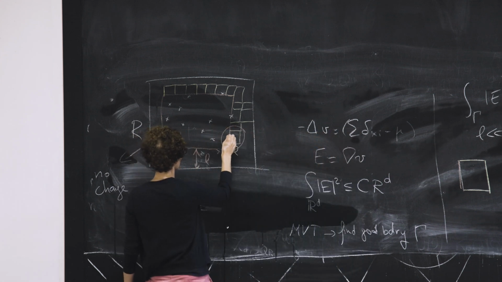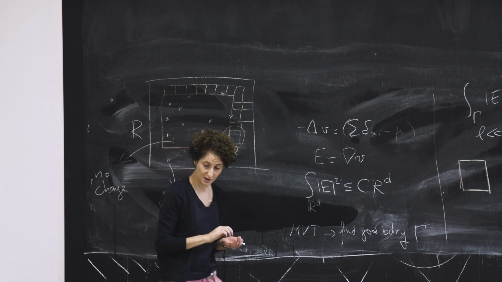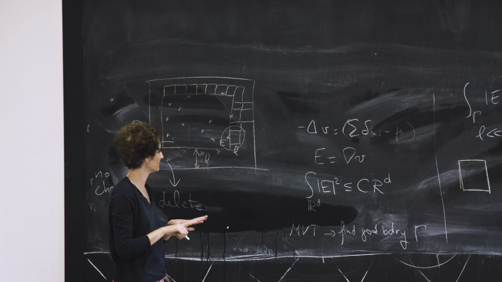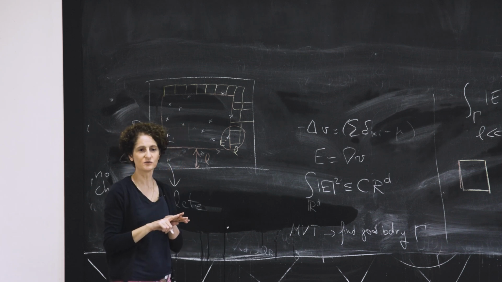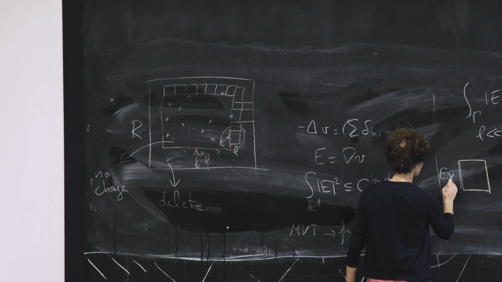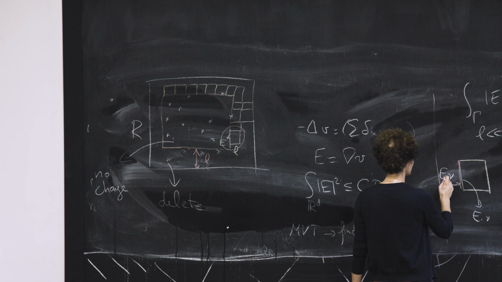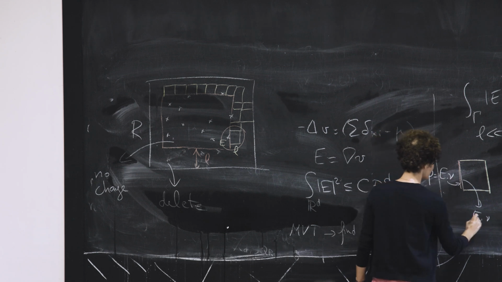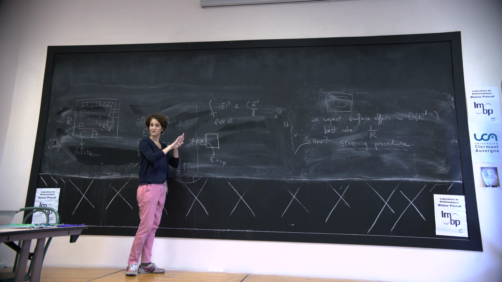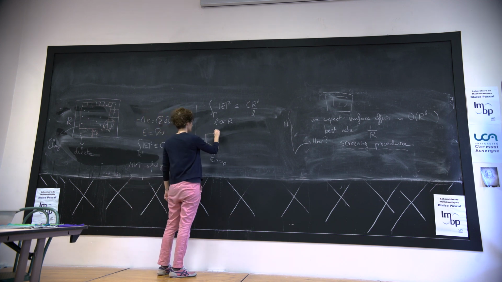So here, my E inside is given. And what I want is I don't want to create any divergence on the boundaries. So I want to keep E dot nu the same. E dot nu here forces E dot nu here. So let me call it phi. I want the E dot nu to match on both sides. And here I just want to put E dot nu equals 0